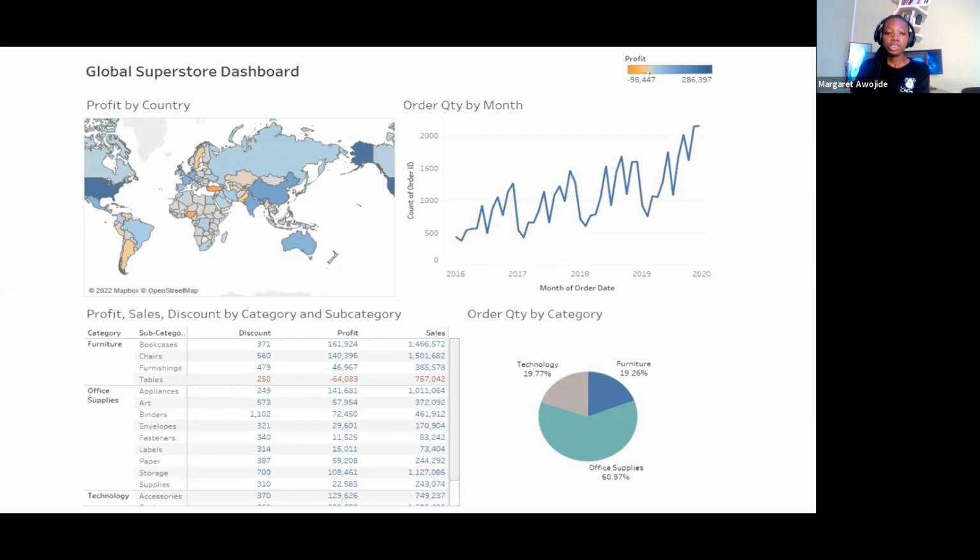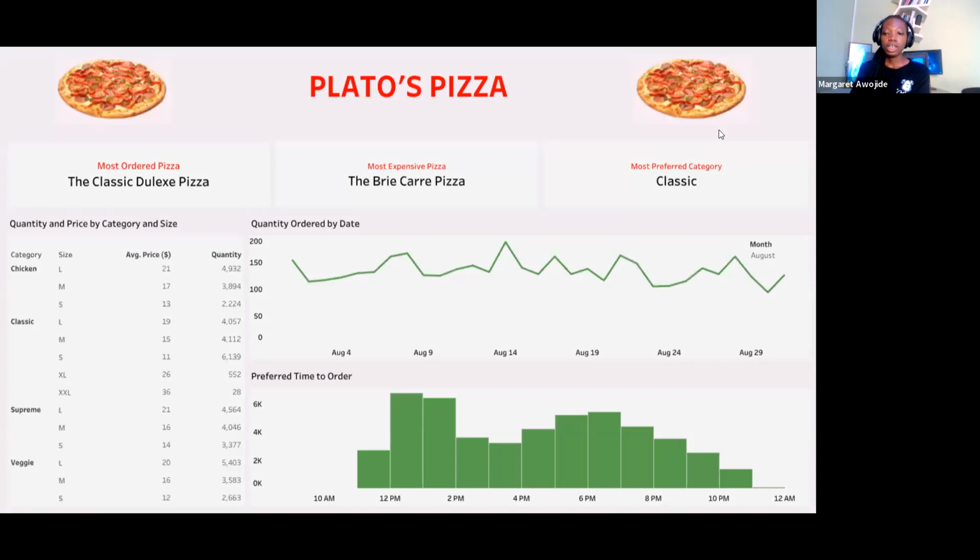So if we are using Tableau Desktop or Tableau Public, you'll be able to see each point of the visual and be able to interact with your visual. And this is another example of a dashboard. So we are going to be building a dashboard in this session. And if you have Tableau, you can walk along with us during this session. If you don't, the recording will be available, but it would be better if you could work with us as